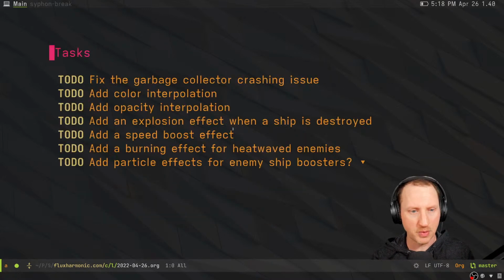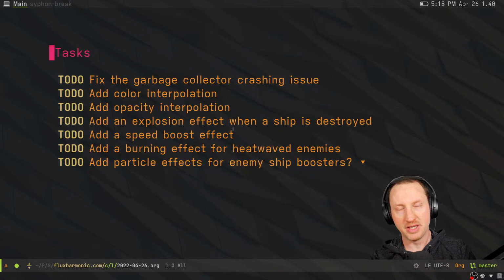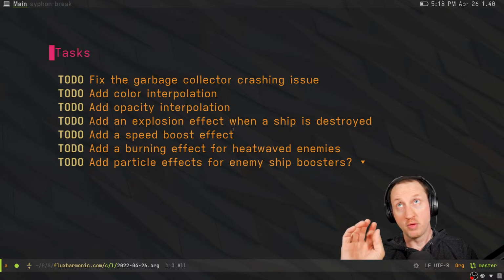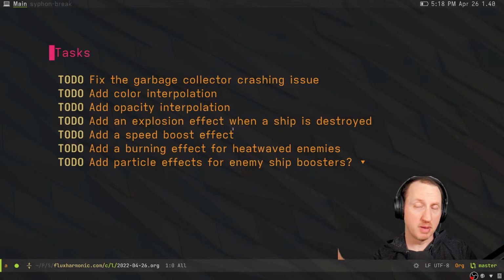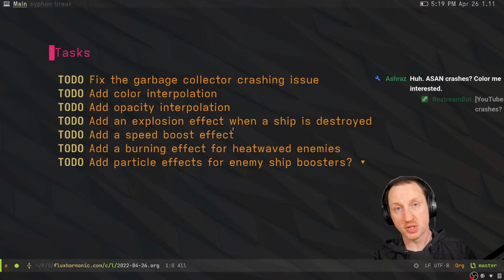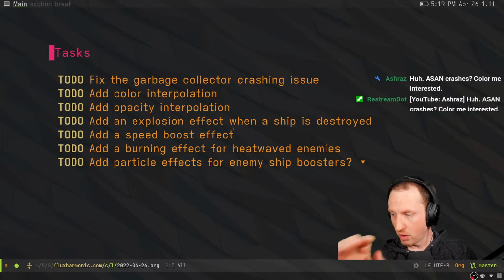So the tasks that we have at hand. First of all, we need to fix that garbage collection crashing issue. Like I said last time, what's happening here is we've implemented the particle system in the C layer, not in the Mesh layer. And if you haven't been following what we've been doing so far, we've got two programming languages we're working with. One is C, just a traditional classic language C. We have to do all the memory management yourself. And then I've also written my own language called Mesh, which is based on Scheme. And that one does have a garbage collection layer. But since we've written the particle system,